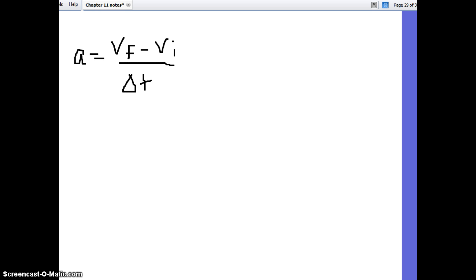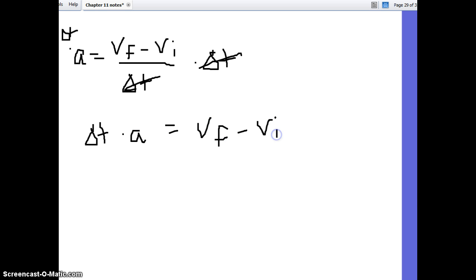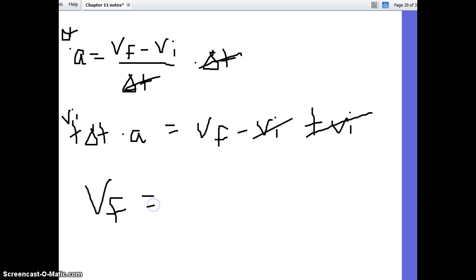The first thing you want to do is get rid of the delta t. Since it's dividing, you want to multiply by delta t on both sides. That cancels this out. So we've got delta t times A is equal to Vf minus Vi. Then we want to get rid of the Vi, so you would add Vi on both sides. So that gets rid of the Vi. So your Vf is equal to A delta t